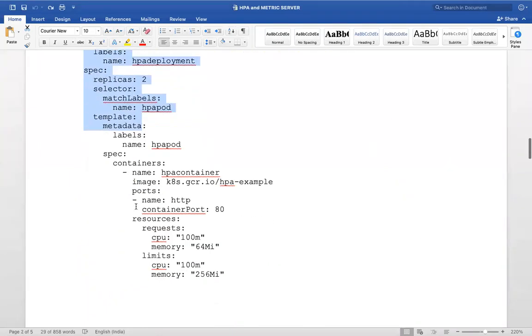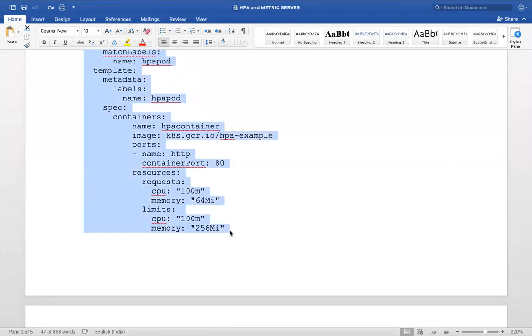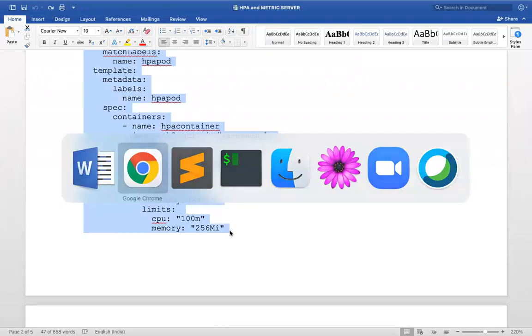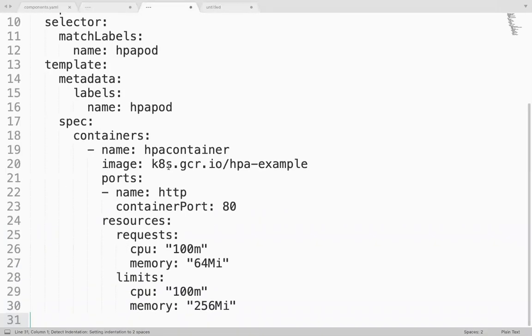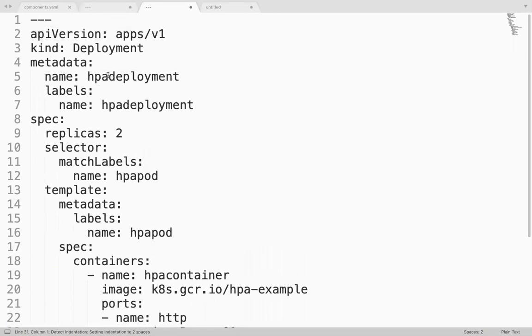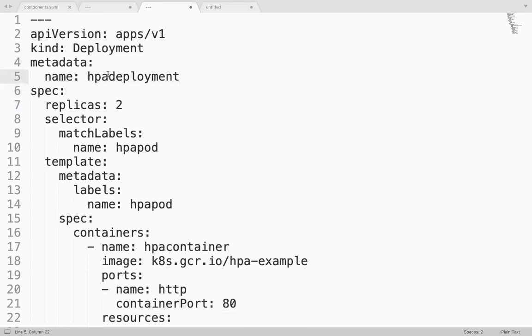You know how to create a deployment. It is not something new. But if you see, I'm going to introduce some more instructions in my pod manifest. So this is one deployment. I am giving a deployment name something like this. For deployment, labels are optional. You don't need to define them. I am saying HPA deployment demo.